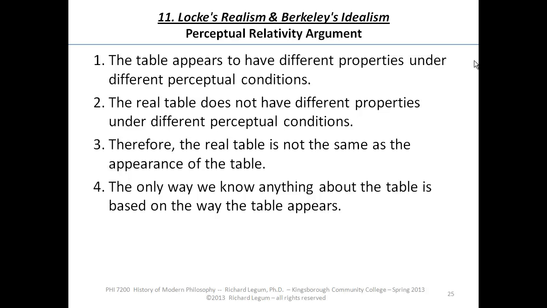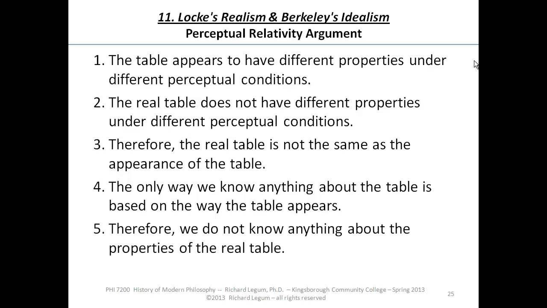Well, if you follow Locke's empiricism, you get number 4, the fourth premise here. That is that the only way you know anything about the table is based on the way the table appears. Because that's exactly right. The way it appears is our experience. That's where the empiricism comes from. But from 3 and 4, we're led invariably to the conclusion that, therefore,